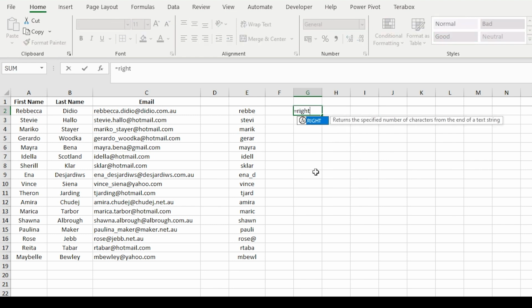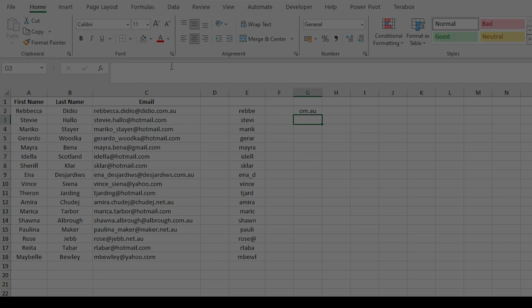We will start by writing the function name, which is RIGHT, followed by the name of the cell, which is C2. In the same way as we have used in the previous function, we will write the number of characters that we are looking to extract from here. For example, let us take 5. So this function will take the last 5 characters, or the rightmost 5 characters, from C2 and give us the